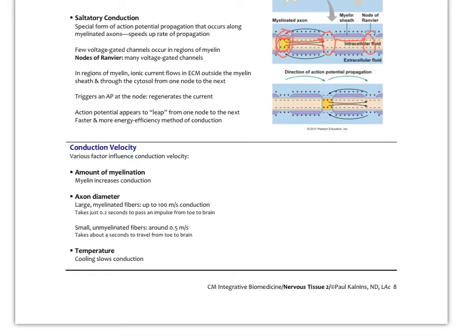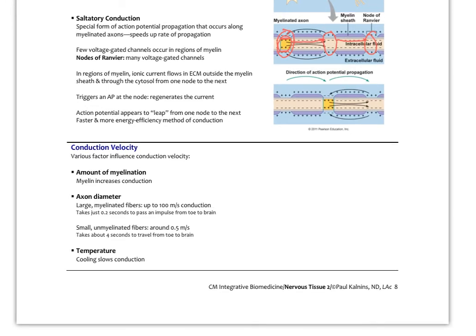So the conduction velocity in axons will depend on the amount of myelination. Also, the diameter of the axon, so larger axons conduct faster than smaller axons, and that's because there's more of these channels and whatnot that are present. So large myelinated fibers conduct up to about 100 meters per second, so that's pretty fast, but compared to small unmyelinated fibers, maybe only conduct about a half a meter